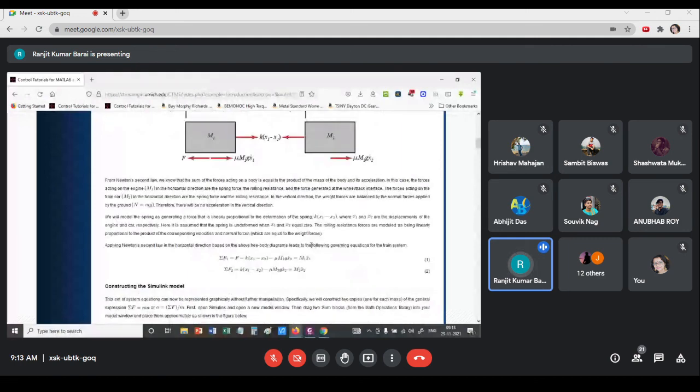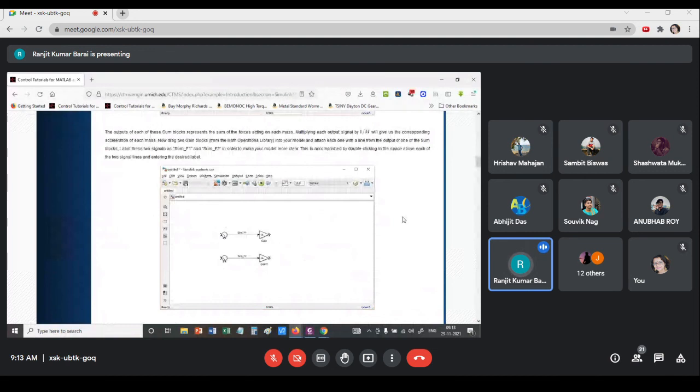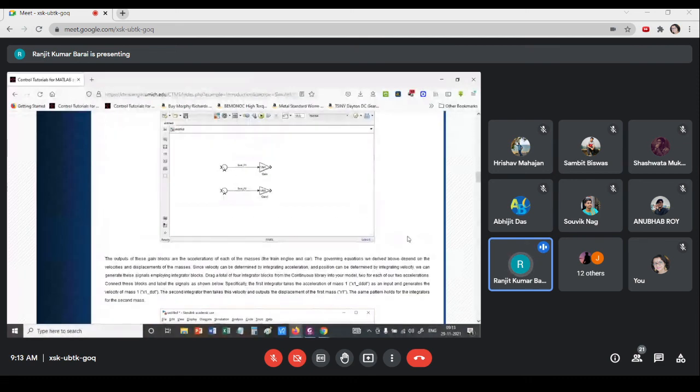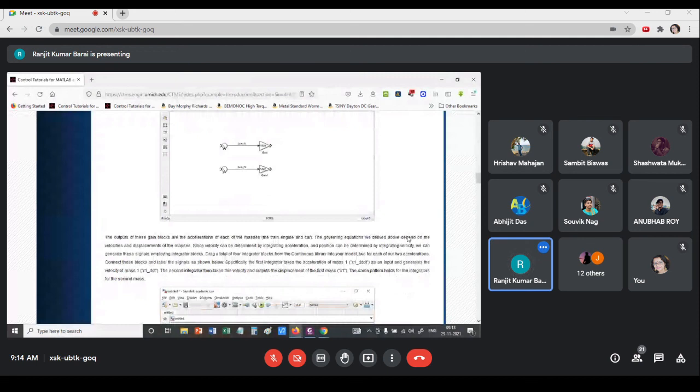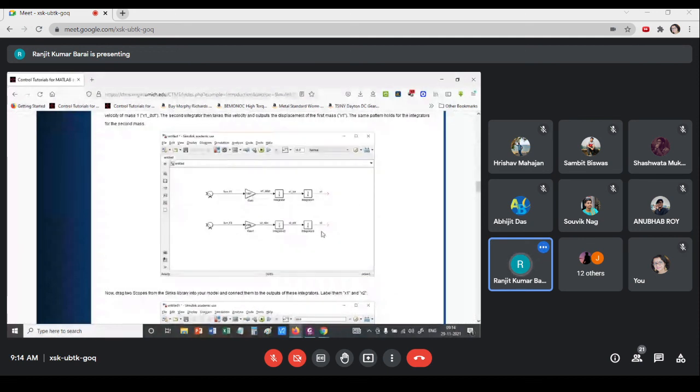In the next class I will discuss a very interesting topic called S function. The thing is, these are the standard blocks of Simulink. Sometimes in engineering and scientific applications, if you want to develop your model employing these default or available blocks, it becomes complicated.